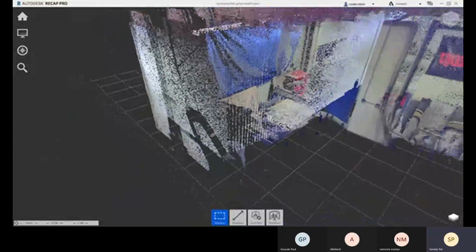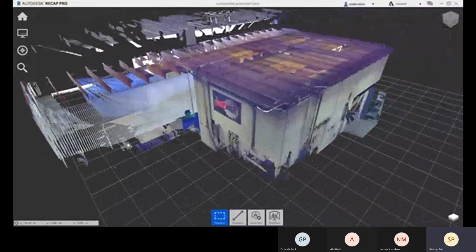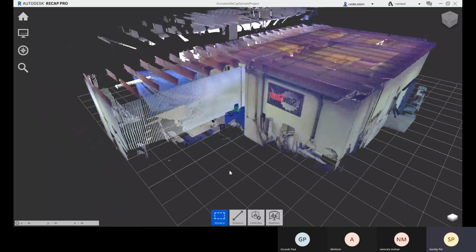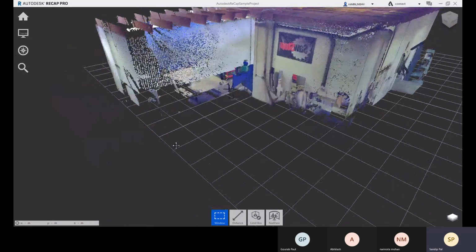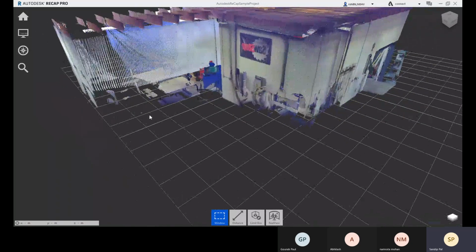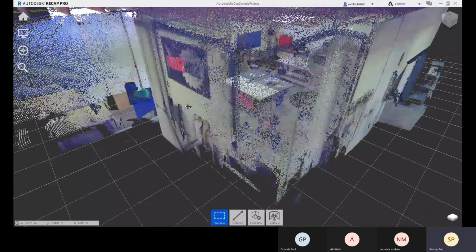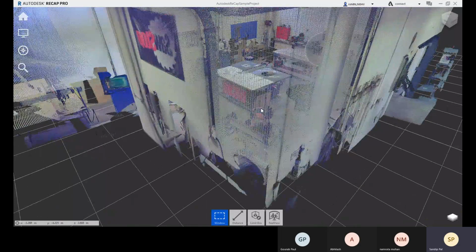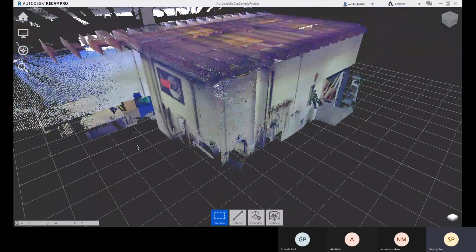So how did that scanner get this point cloud? Through that scanner, one laser beam comes out and falls on this surface, and it gets back to the scanner. According to how long it takes, it calculates the surface distance.